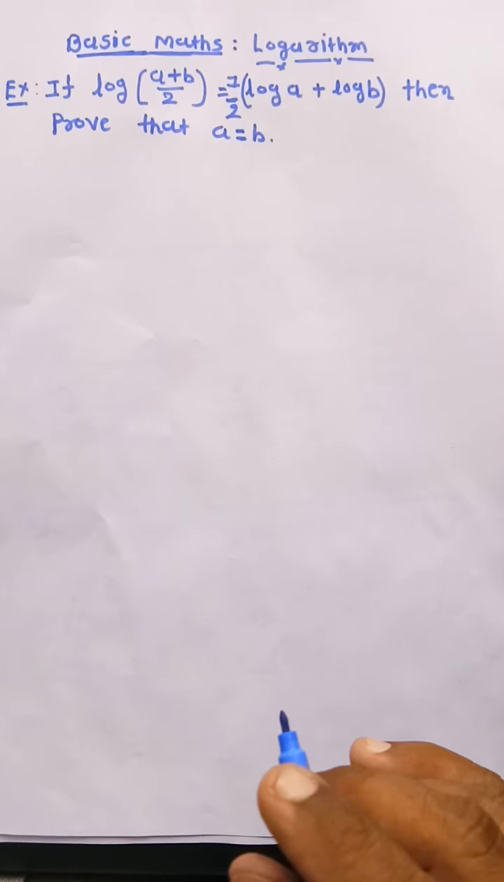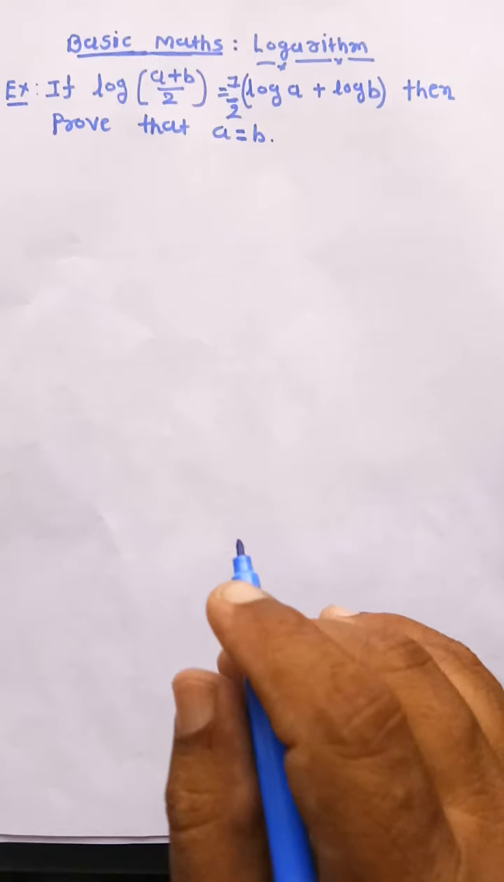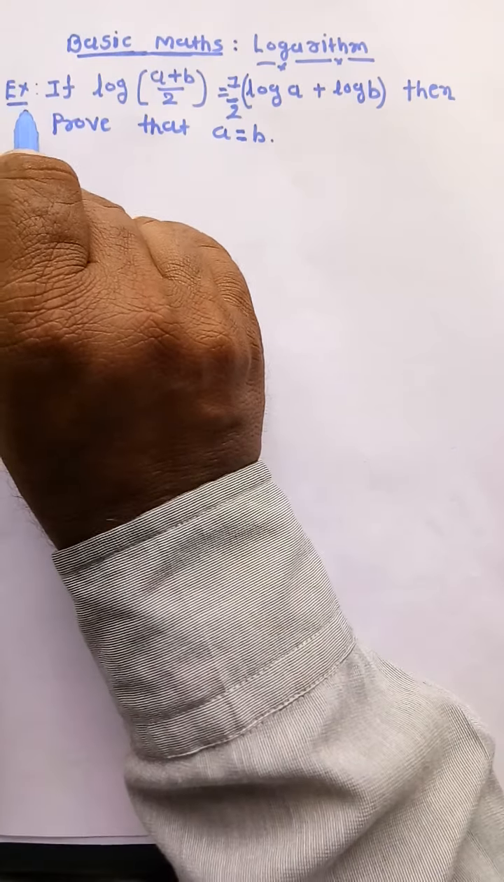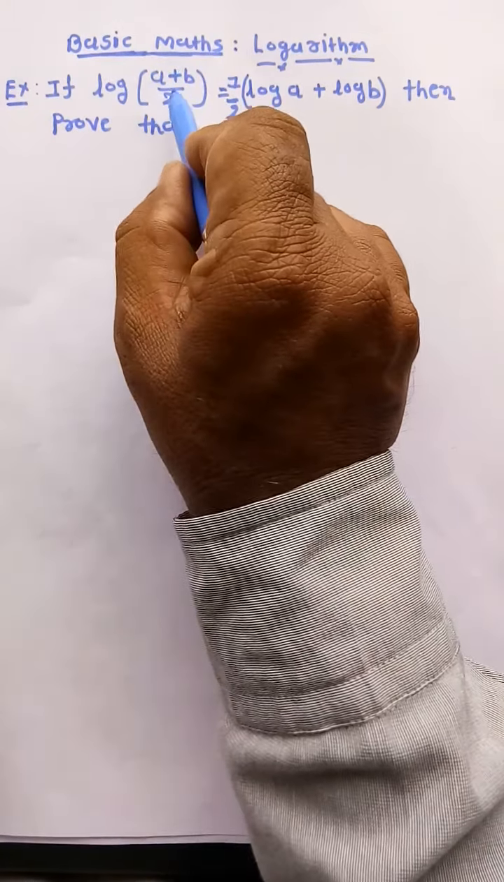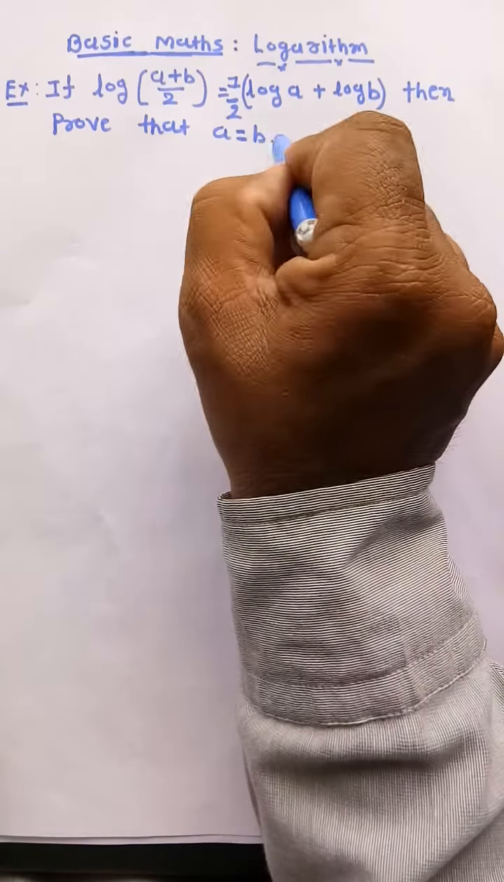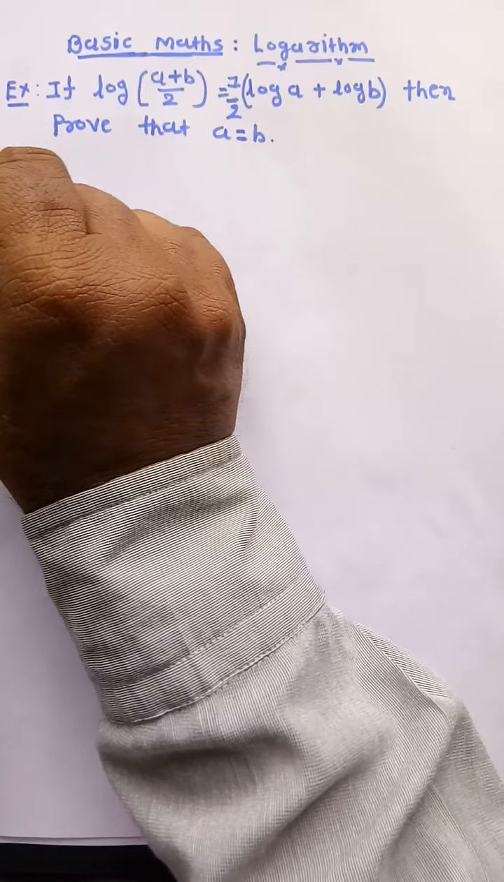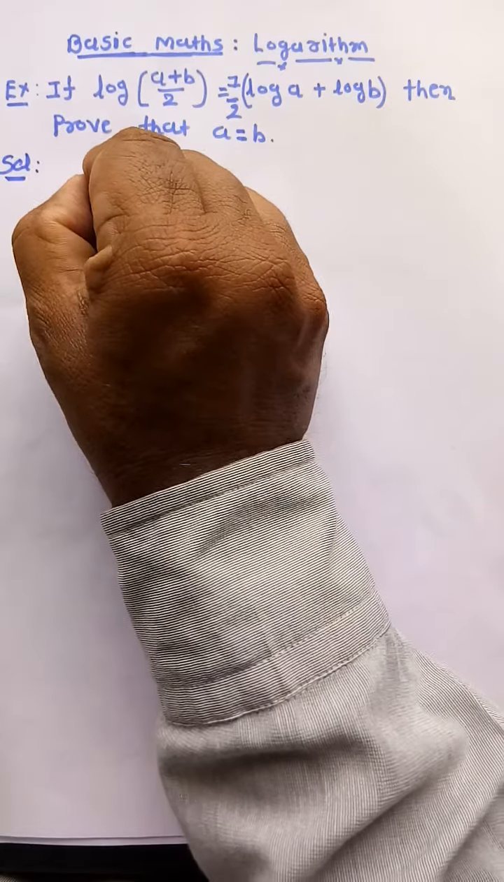Hello friends, today we will discuss some examples in logarithm. Now here first example: if log of (a plus b) by 2 is equal to 1 by 2 log a plus log b, then prove that a is equal to b. Now here solution, here given log